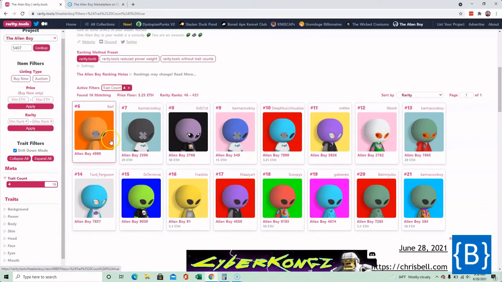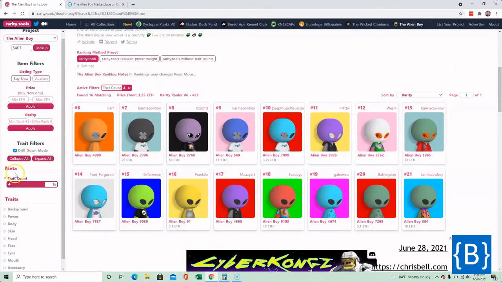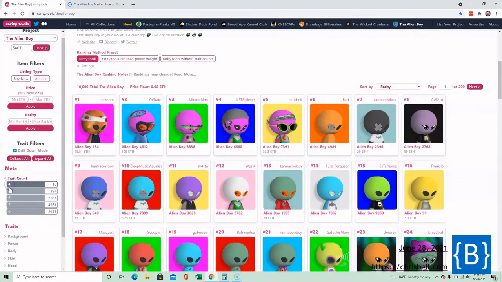Trait count 4, there's 16 of them. This one is the most rare, so there's no traits really. Only 4. It just shows you that it only has 4 traits, which makes it very rare compared to the rest of them, because if you undo this, it shows that some have 4 traits, some have 5, 6, 7, and 8. This is something that's not usually searched on OpenSea, so when you're listing these on OpenSea, you can't